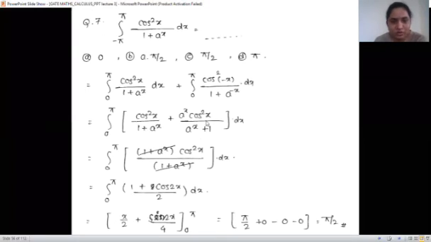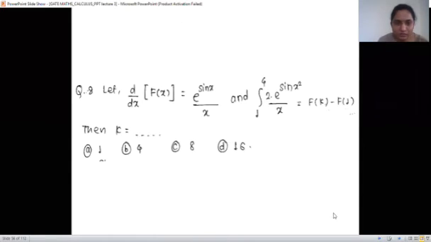So cos square is common. Taking outside 1 plus a raised to x in the numerator also. Cancelled. Remained just cos square x, and cos square x is 1 plus cos 2x by 2. So integrate now. We can integrate x by 2 plus sine 2x by 4, 2 into 2. So it is from 0 to pi. And apply limits, pi by 2. Sine 2 pi is 0, sine 0 is 0. Everything is 0. So answer is pi by 2. We should just know all the formulae of integration. It is easy then.